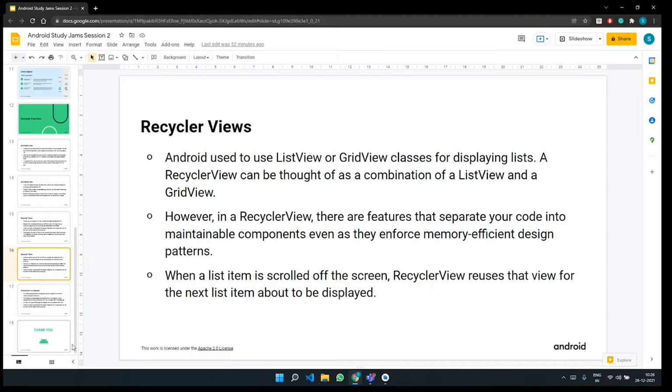You need to be able to process such huge data sets and display them, and the end users should be able to read each and every news article that comes on the phone. That's where recycler view makes it easy, and you can efficiently and easily display large sets of data.